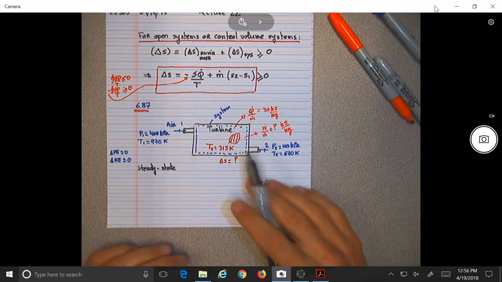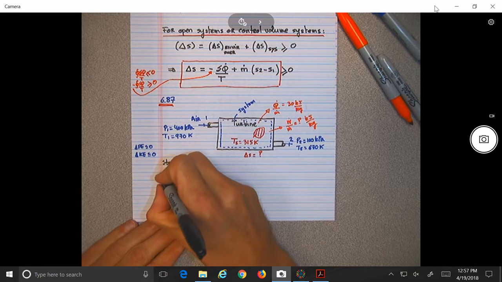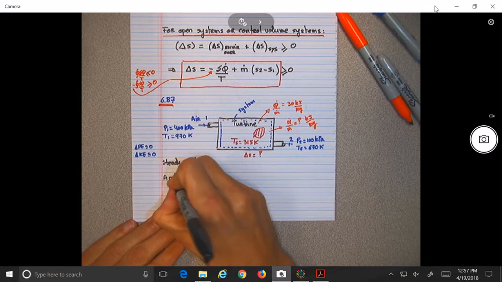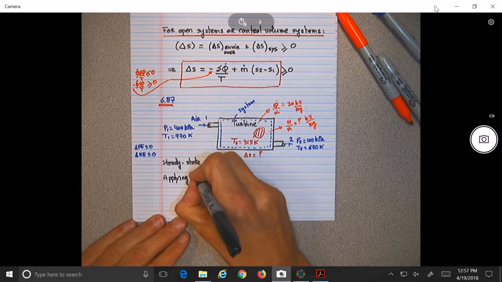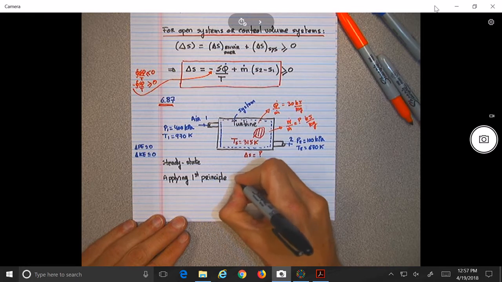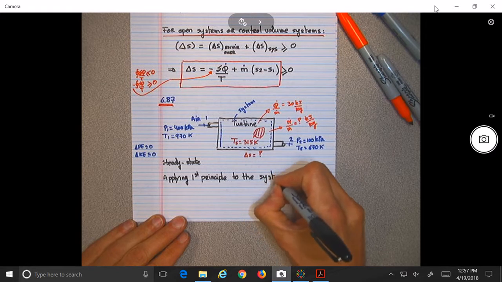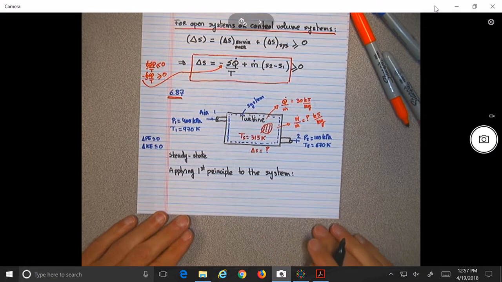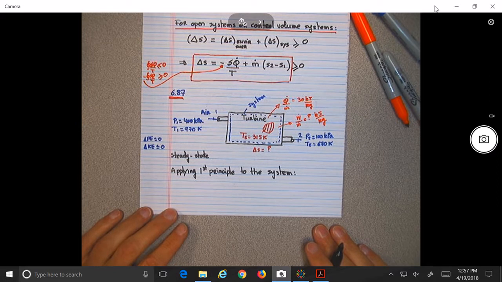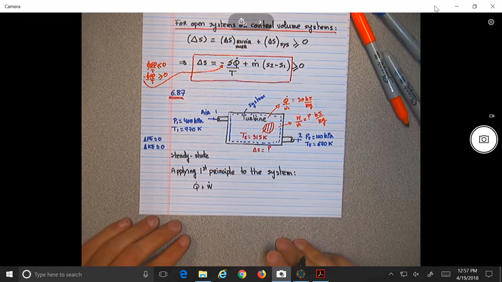Okay? So we know this is steady state, so that means that the energy production was 0. So we can say, applying the first principle of thermodynamics, but I'm not going to say to the system. So what is the first principle of thermodynamics for control volume? So it's Q, but instead of Q is Q dot plus power, work dot,